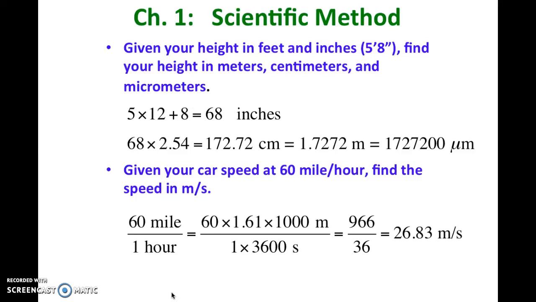Since 1 hour is equal to 3600 seconds, 60 miles per hour can be changed to 966 divided by 36 after canceling 2 zeros. So the result is equal to